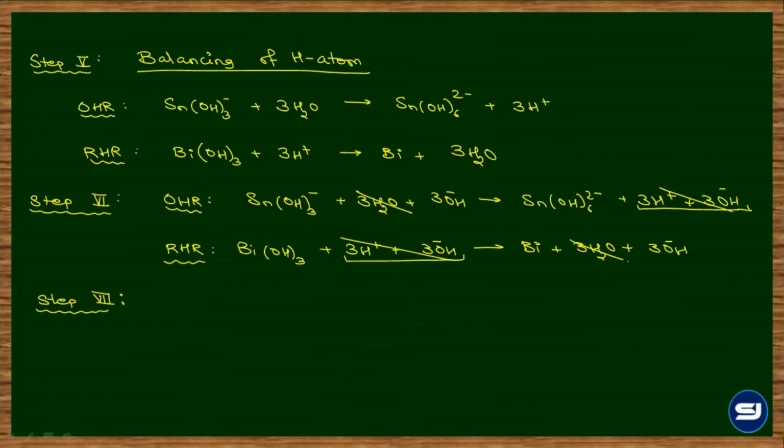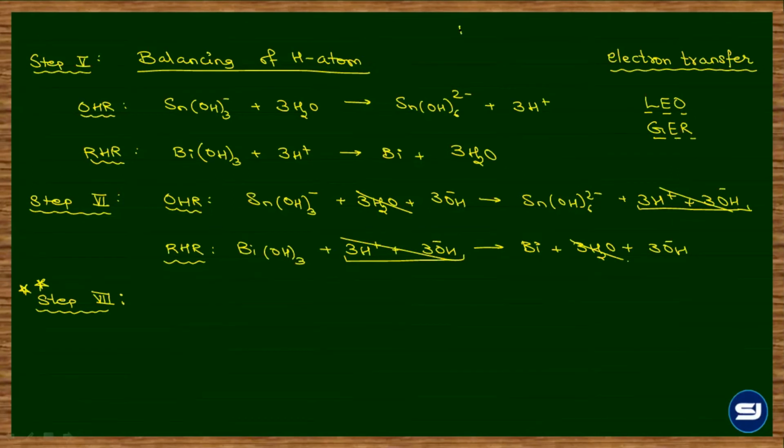Step number 7 is the most important. In step number 7, we will now balance the charges in both the half reactions. And the charge balancing would be done in terms of electron transfer, because the modern definition of redox is in terms of electron transfer. That is, the loss of electrons is oxidation and the gain of electrons is